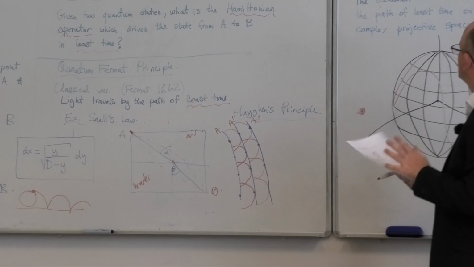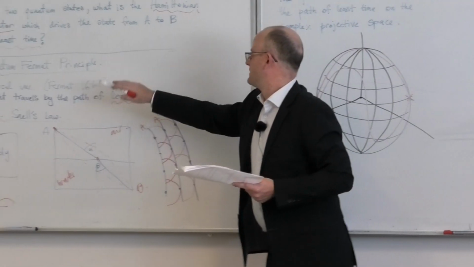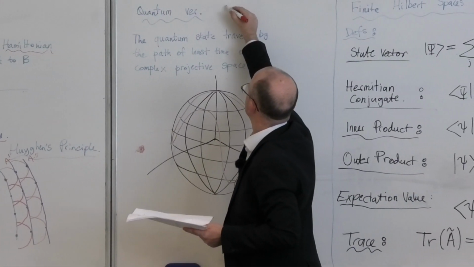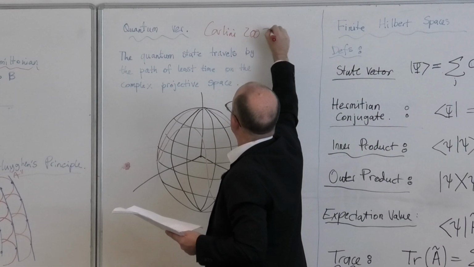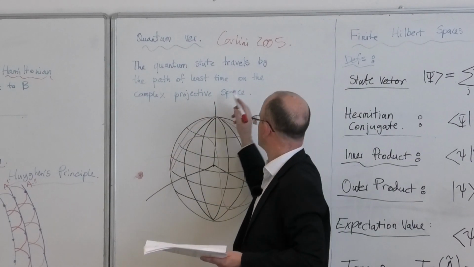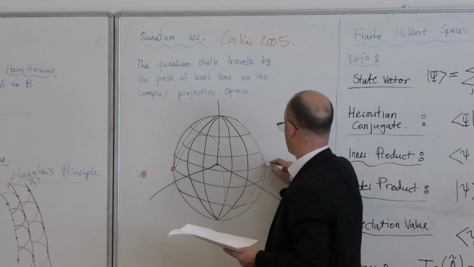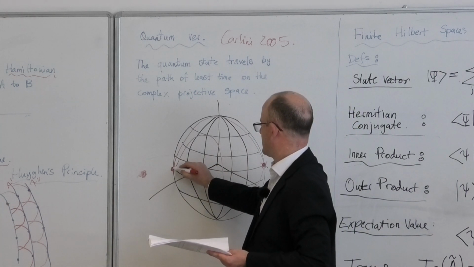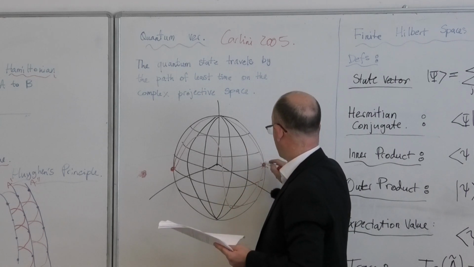Alright, so we've done that. So, the quantum version of this statement of path of least time, also generated by Professor Carlini in 2005, says that the quantum state travels by the path of least time on the complex projective space. We're going to get into what a complex projective space means, and the simplest example which I can give to you is